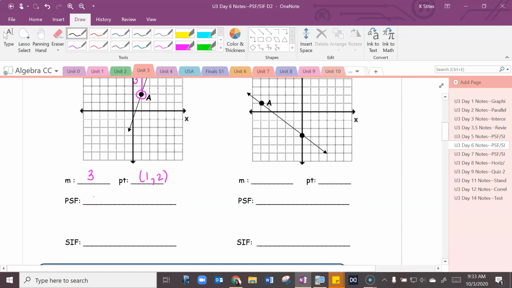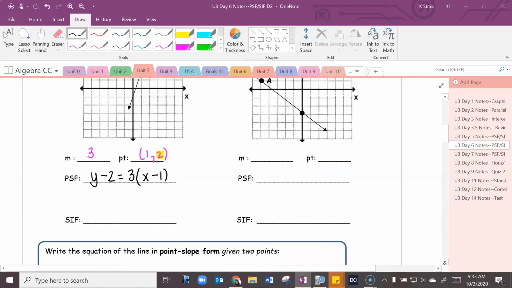Remember, point slope form starts with our y, and then we'll do the opposite of our y coordinate, so that's y - 2 equals my slope, 3, and then x, and then the opposite of my x coordinate, so that's going to be x - 1. So now, how do we convert that to slope-intercept form? Slope-intercept form, the s, think of it as standing for solve. So we'll go ahead and we will distribute,